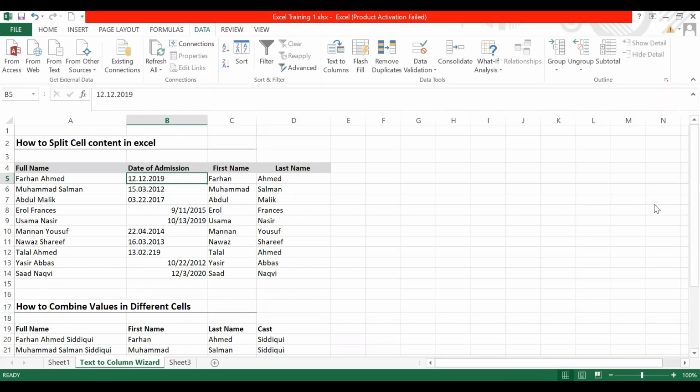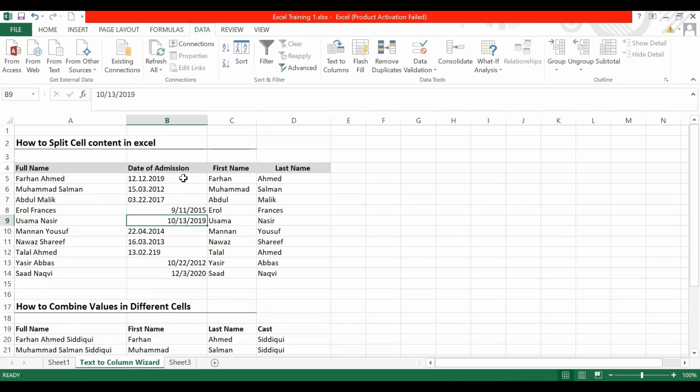Sometimes it is very common in different software that when we export the data from the software in Excel, it scrambles the date format. In some cells it gives day, month, and year. In some cells, it gives month, day, and year, and so on.